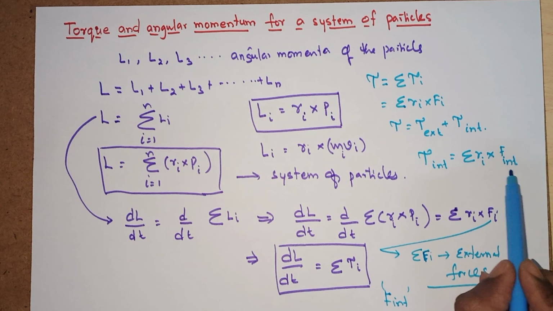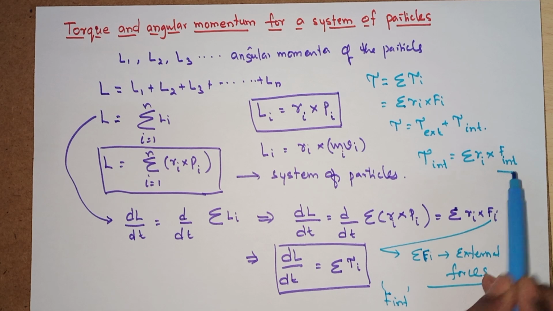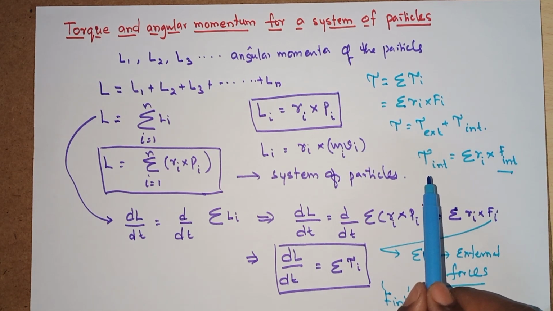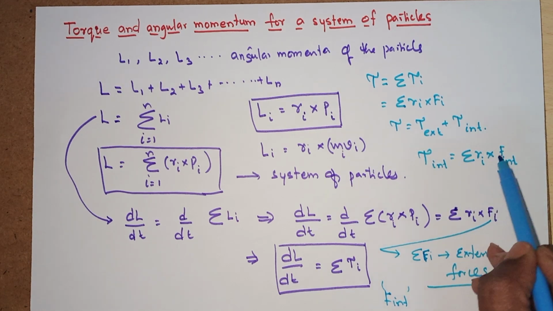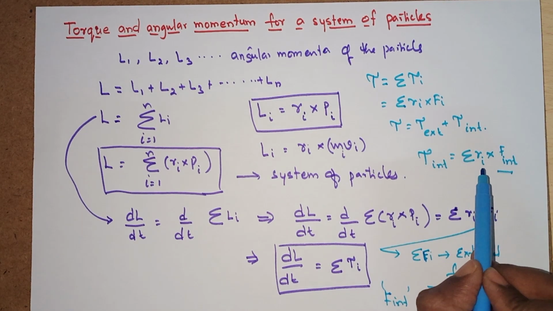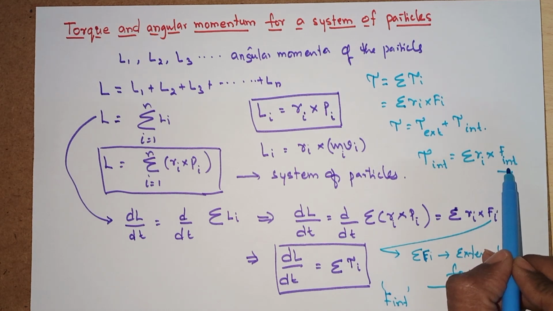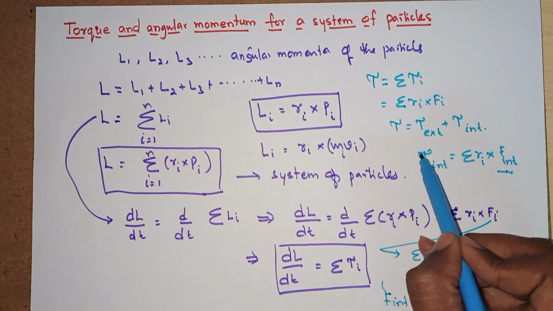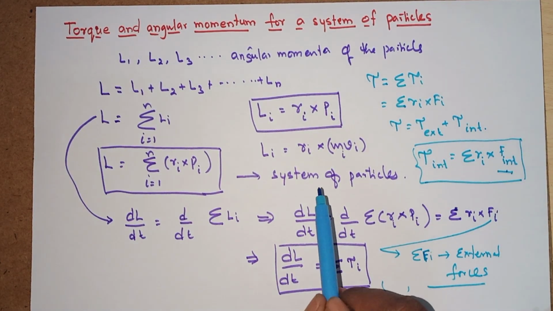Now according to Newton's third law, the force between any two particles of the system is equal and opposite, and directed along the line joining the two particles. What happens in this case? The contribution of the internal forces to the torque on the system is zero, because the force on one body and the reaction force on the other body in the opposite direction get cancelled. The contribution of internal forces within a rigid body is zero. So the internal torque cannot be taken into account. Internal torque obviously becomes zero.